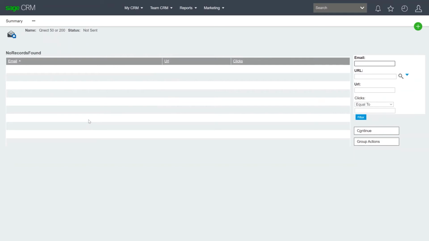At this point though, I can filter the list by a certain click URL. I know that the link for Connect 50 includes the phrase connect50.asp, and so I'm going to use that to filter my list based on the phrase by entering in %connect50.asp into the URL field and clicking filter. Again, nothing will be displayed yet as the email is yet to be sent.